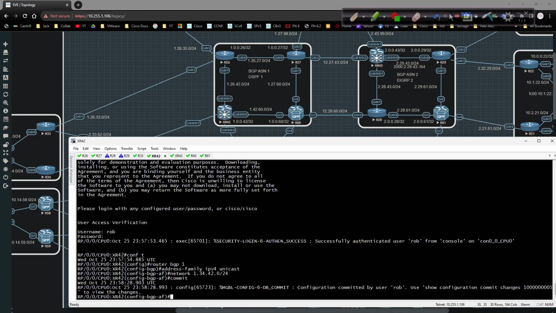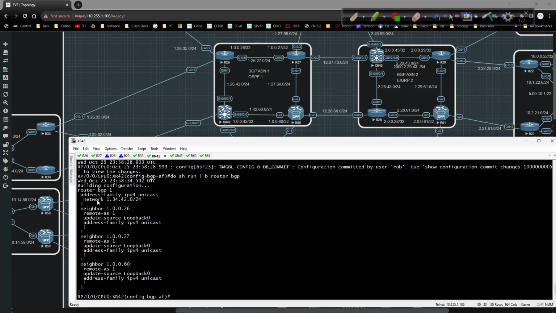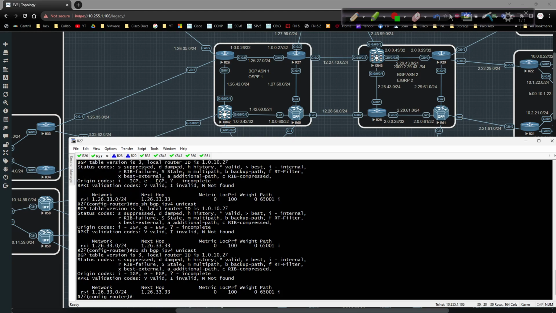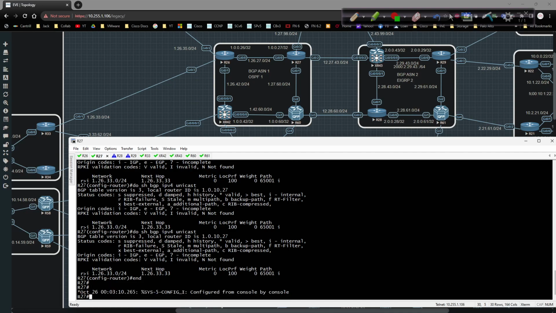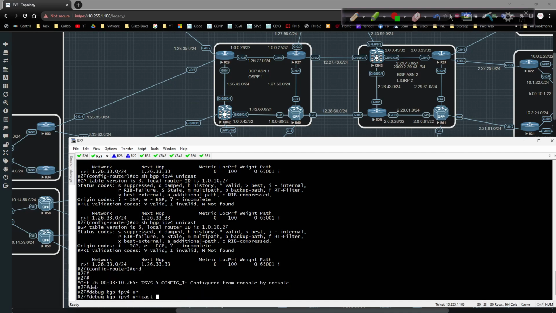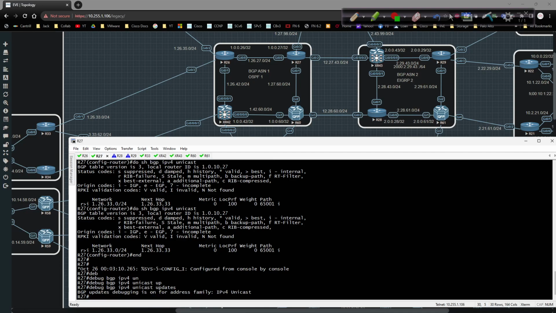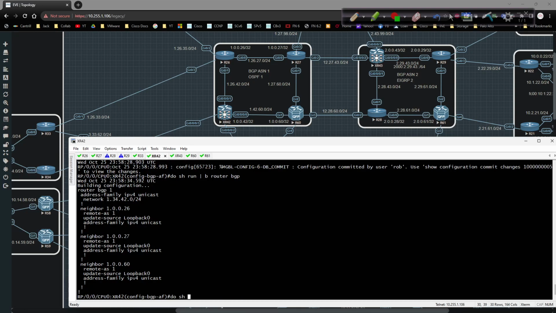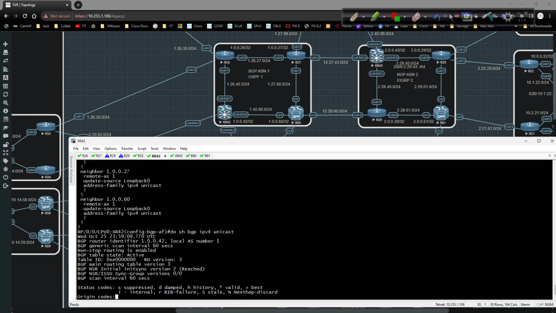Do show run pipe begin router BGP. And we can see we have a subnet in the BGP table. Now if I go over to 27 and hit the up arrow, it is going to take a moment for that to propagate. So if I jump out of global config and I type in debug BGP IPv4 unicast updates, once that has a moment to propagate, we should be okay. Now, if I go back to XR42 and I do show BGP IPv4 unicast, we have,